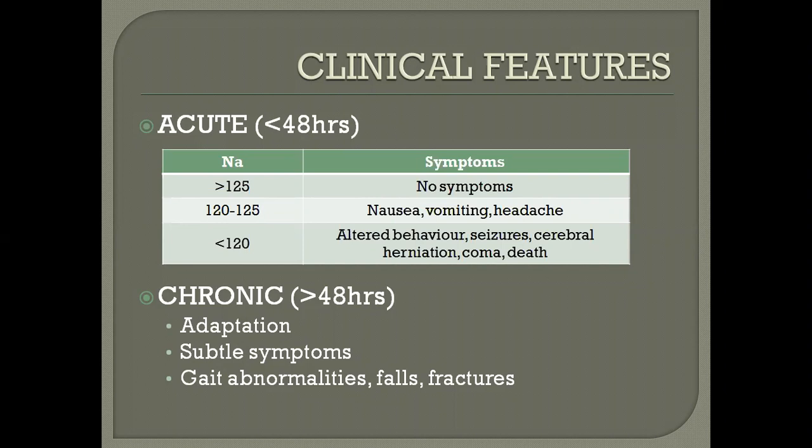If you talk about chronic hyponatremia, there occurs an adaptation to this hyponatremia, in the form of cells extruding these other osmoles from within themselves. So cells will lose amino acids, proteins, etc., so that their osmolality begins to approach that of the serum osmolality, so as to prevent the flow of fluid from the blood into the brain. So symptoms will be a bit subtle, and they may occur at lower values. You may have neurological symptoms occurring at much lower values, maybe less than 110.